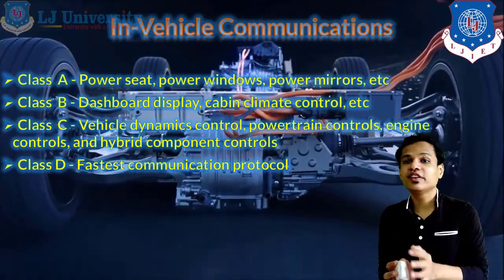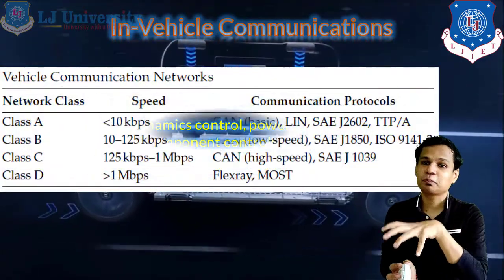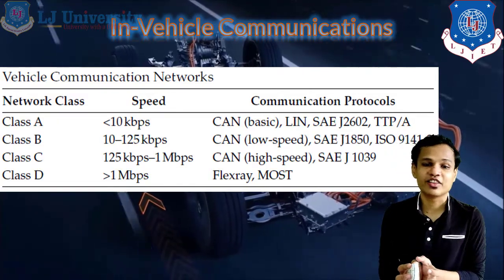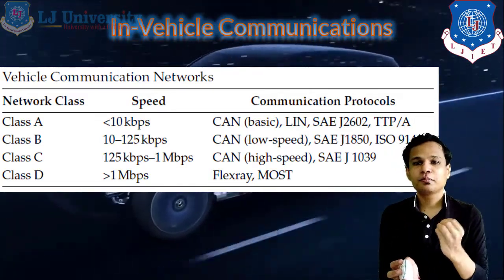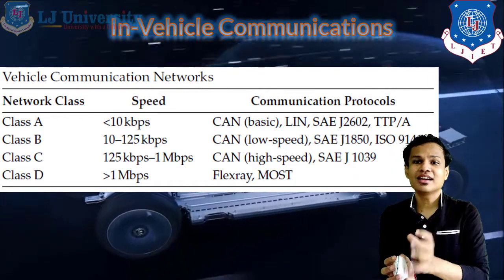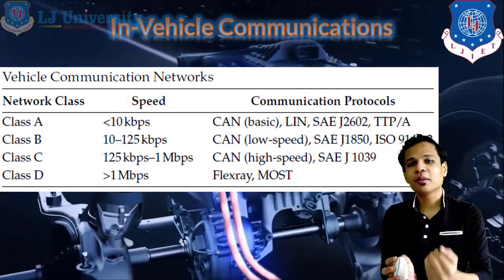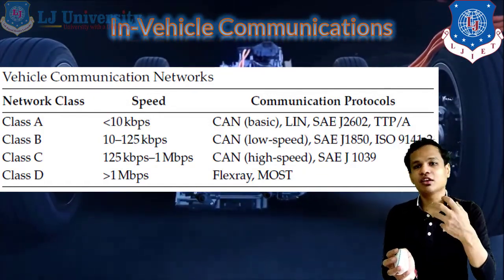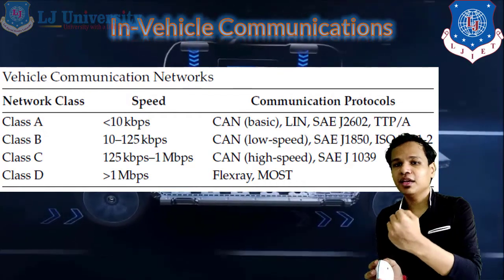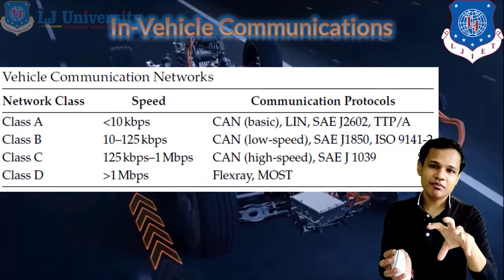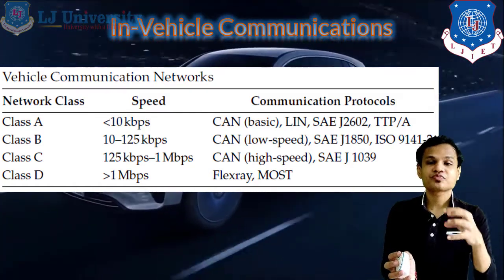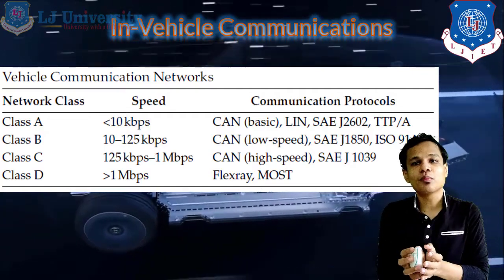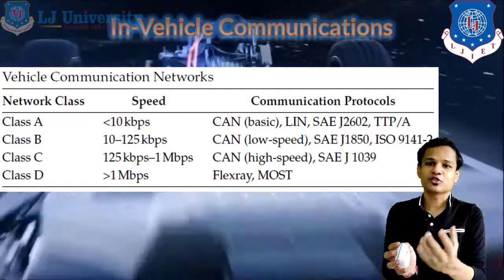So let's briefly see what the data transfer speed, or we can say the response speed, is in all the different classes that we saw. In class A, the speed of the response is less than 10 kbps. We are all familiar with kbps, mbps, all these things. We are using internet at our home, so we know what this speed means. So you can see that with less than 10 kbps, it will take some time, it will have some delay. So we have kept the components which do not require an instant response in it.